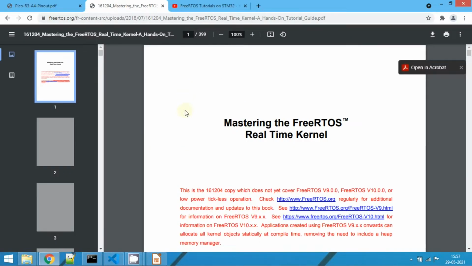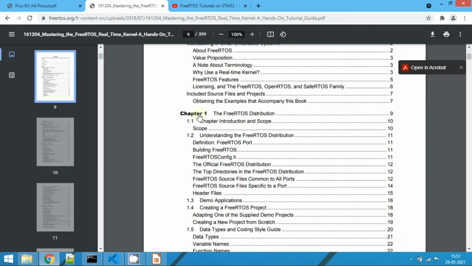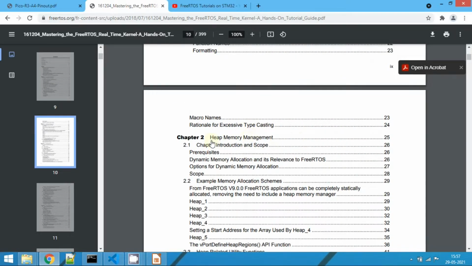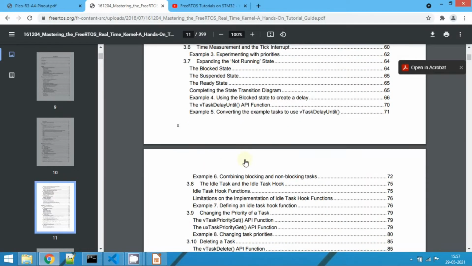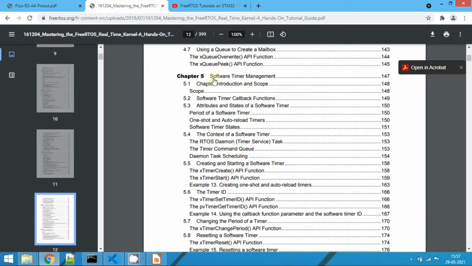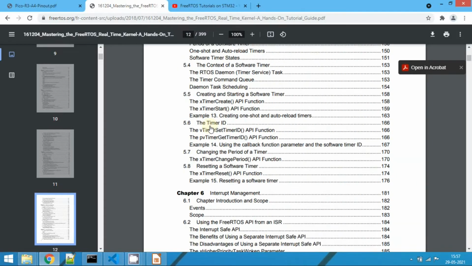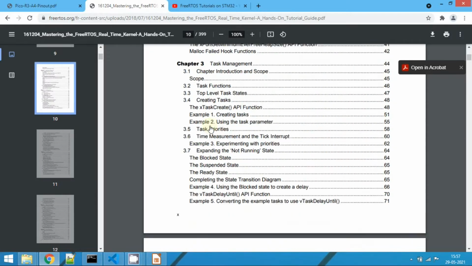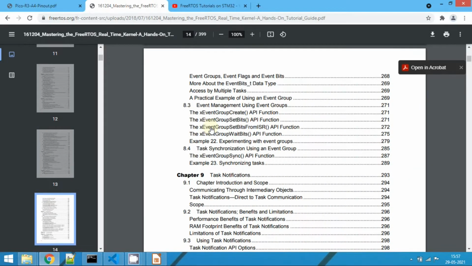This document will explain everything about FreeRTOS. It gives the introduction about FreeRTOS, how heap memory management looks, task management, queue management, how to handle software timers, and interrupt management, like that. You can go through this documentation so that you will get more idea about what FreeRTOS is and how to work with FreeRTOS.